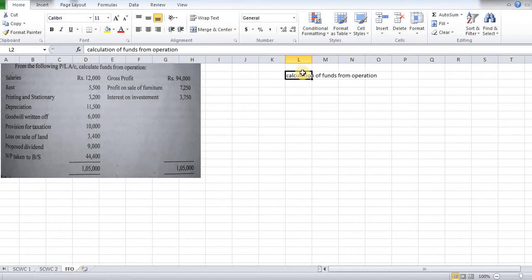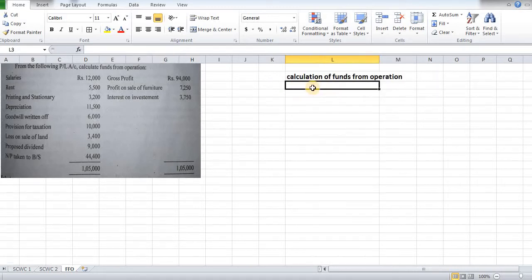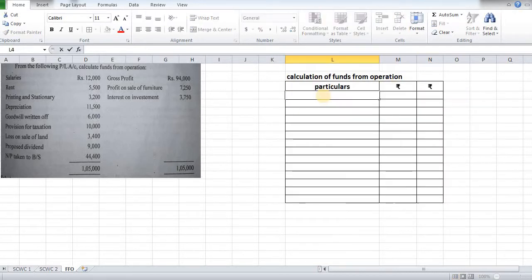We will give the heading calculation of funds from operation. Now we have to prepare the table for finding the funds from operation. The first column will be the particulars column. The second column is the amount column. The third column is also the amount column. The first item that we will mark is net profit. So we will write net profit for the current year. The value is marked in the third column. The amount is